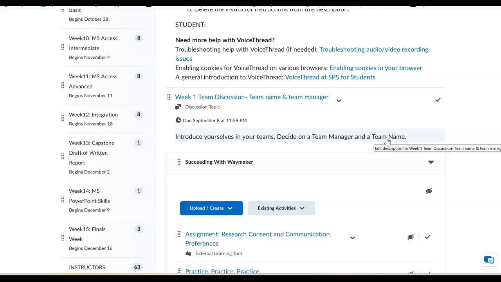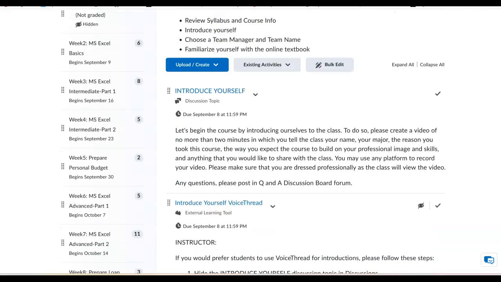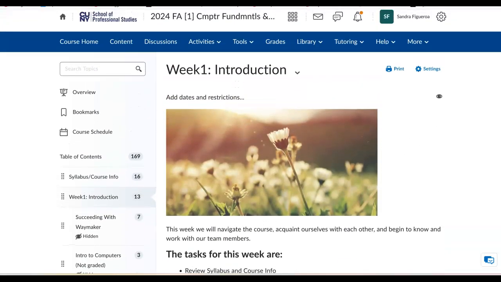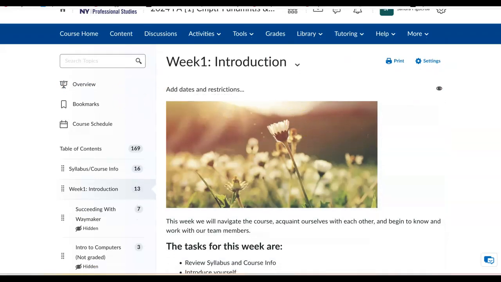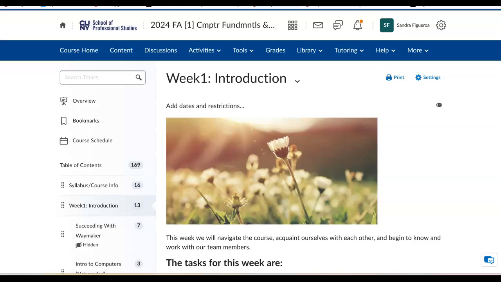So very briefly, what you have to do for the first week starting August the 28th is to make sure that you familiarize yourself with Brightspace as much as possible, because I'm not giving you access to a whole lot of things. I just want to make sure that you're comfortable with the first week, the syllabus, course information, and the introduction, and also the name of your team. And you'll see where you're going to put the name of the team and where you're going to do all of your work. Remember, your assignments are going to be listed in the announcements page.